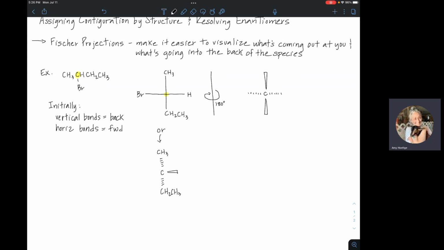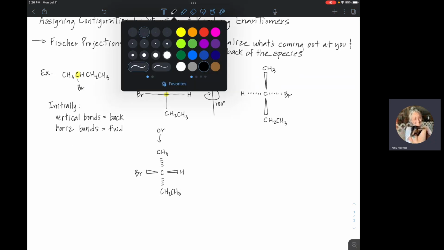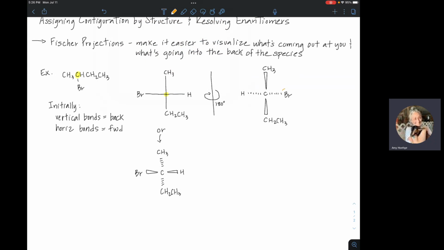And initially, the hydrogen and the bromine are pointing at us, right? But we're going to flip this 180 degrees. And so now all of a sudden, we have this, right? So all we did was flip that 180 degrees. So what we have now is a situation where we can assign priority. So we're going to take our heaviest atom. We're going to say that's our top priority. Our next heaviest atom